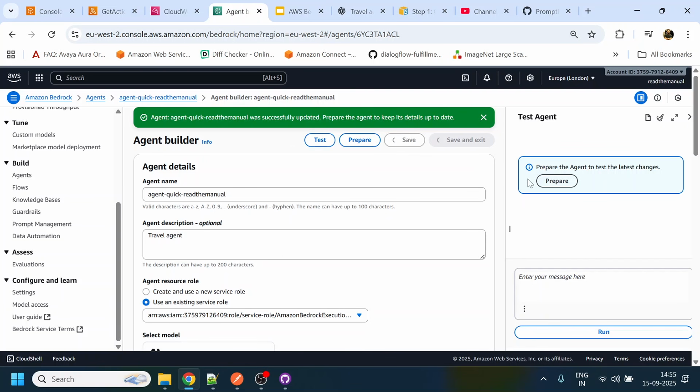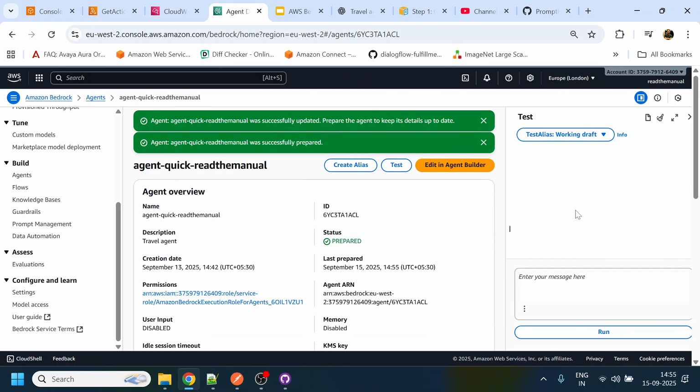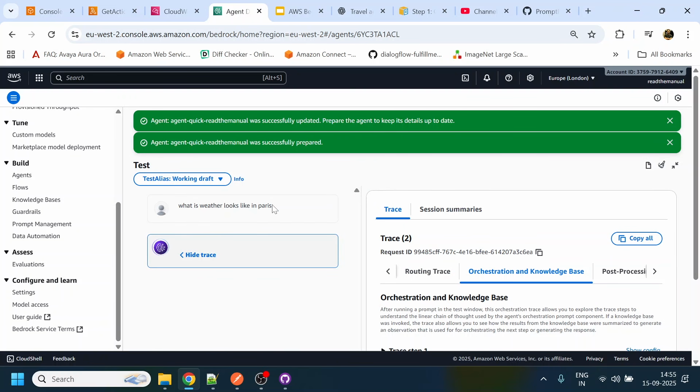What we will do is we will click on prepare, and this time I will ask, what is weather looks like in Paris. Okay, click on over here, click on show trace. Okay,